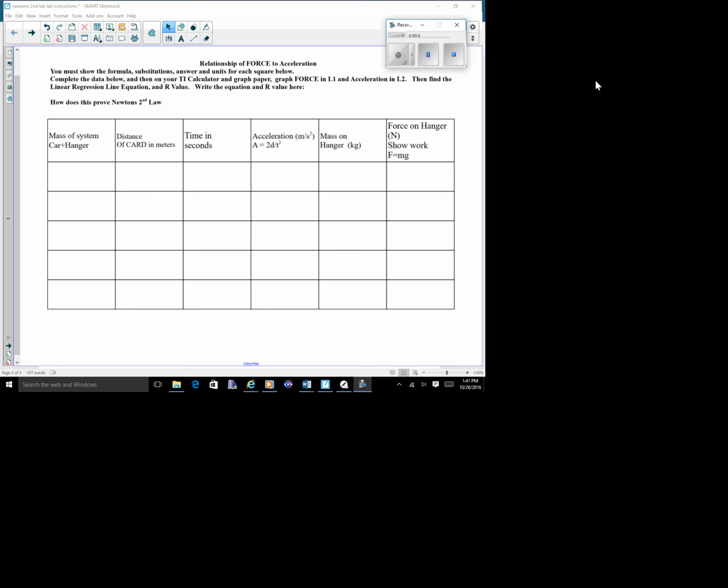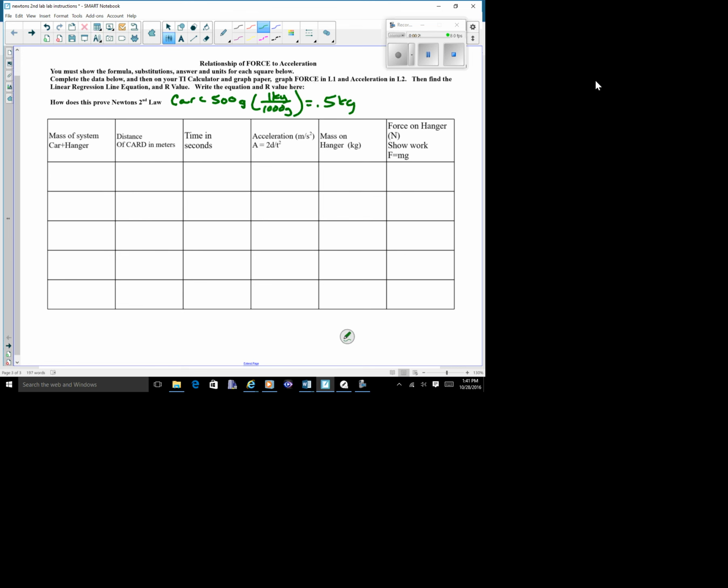The Newton's second law lab, and most of this we did in class, but we'll just go over this for you real quick. Don't forget that each car weighs 500 grams, and 500 grams divided by 1,000 is 1 kilogram, so a half of a kilogram. And the weight on the hanger that you added every time was 50 grams, and that ends up being 0.05